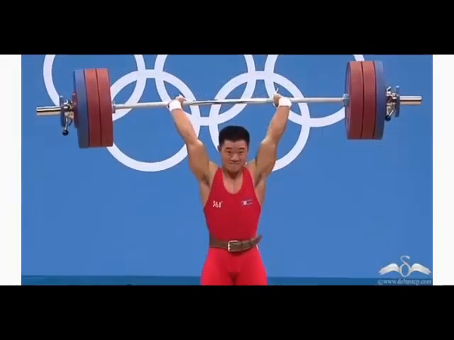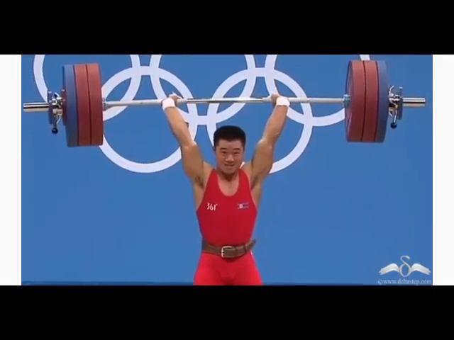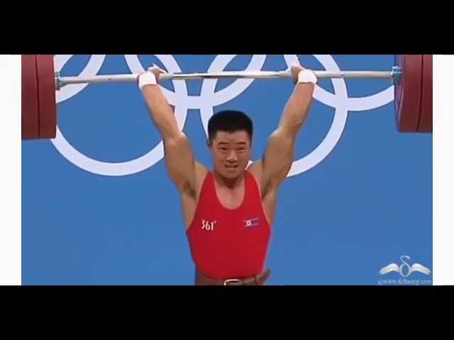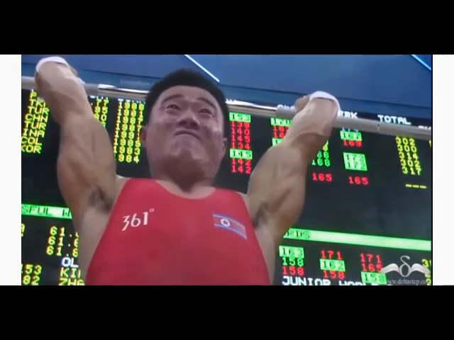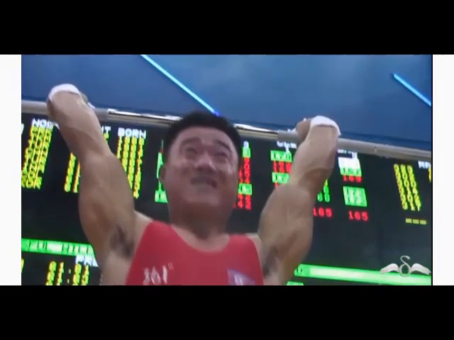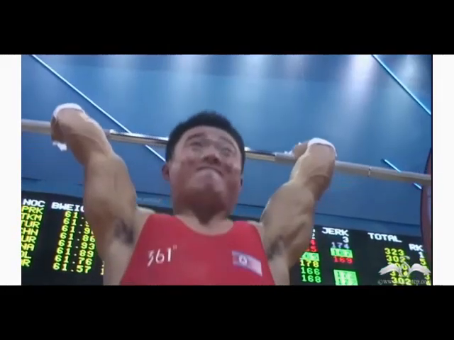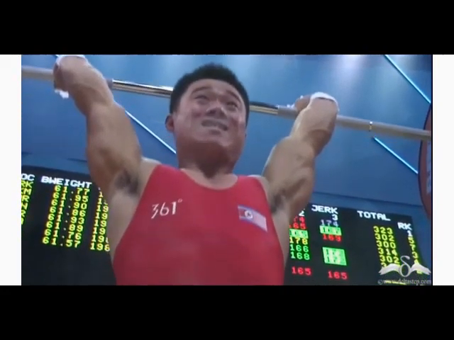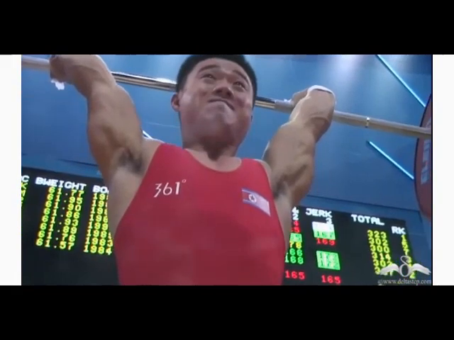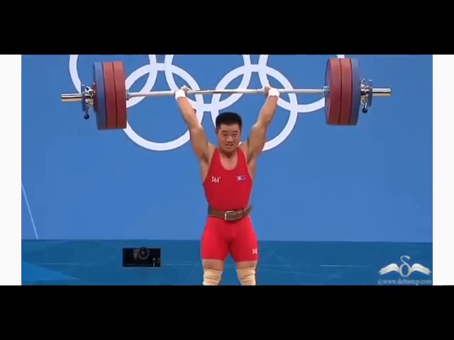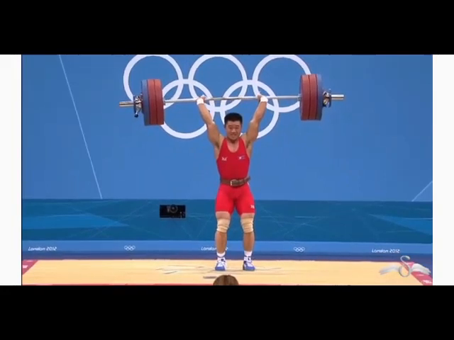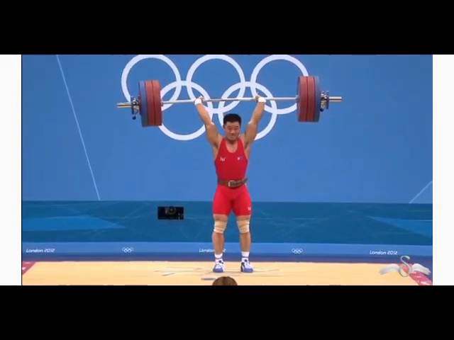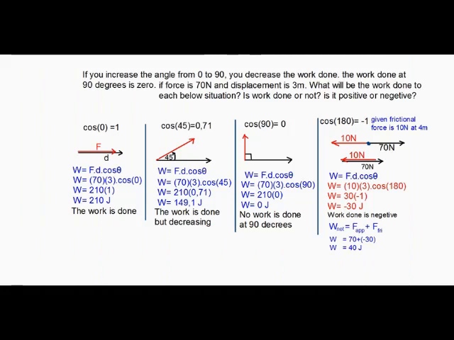Look at this man, Chinese, is just holding the weight upward. He's just holding the weight. And what he's doing is just balancing the force of gravity. The force of gravity is not pulling the weight down. This weight, we balance it because the force of gravity wants to pull the weight downwards. But this Chinese is just holding the weight upwards. He's just balancing it with his pants. So, which means the weight is just at rest.